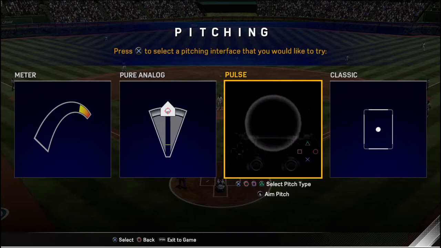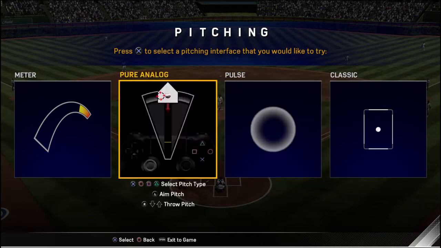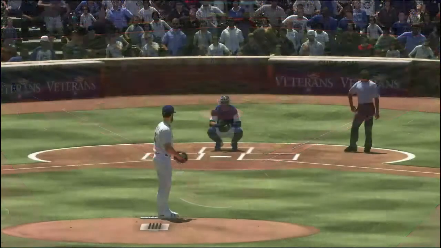To use pulse pitching, select a pitch type and location, then press X when the pulse is at its smallest size for increased pitch accuracy and better results. To use pure analog pitching,